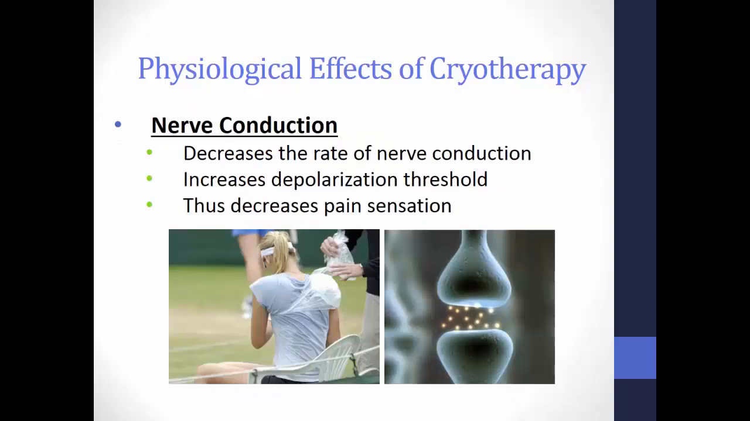Cold application decreases the rate that nerve impulses are transmitted and increases the depolarization threshold required to initiate the impulse. Changes in nerve depolarization and nerve conduction do not occur simultaneously because tissues cool at different rates. Superficial nerves are affected before deeper nerves. Decreasing nerve conduction velocity reduces the rate of synaptic transmission and increases the time required for the nerve to depolarize